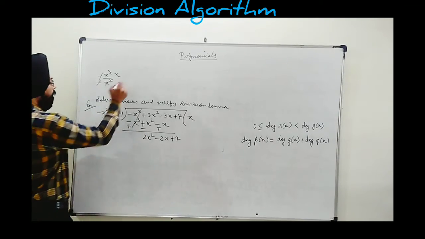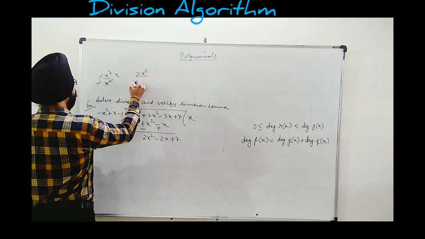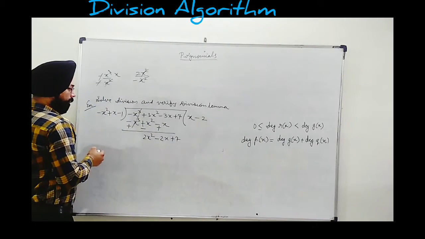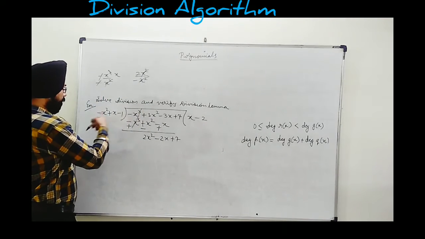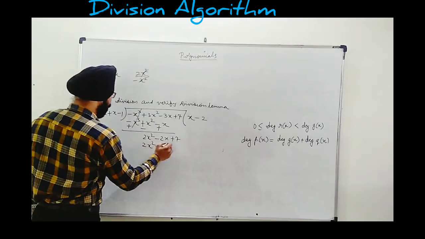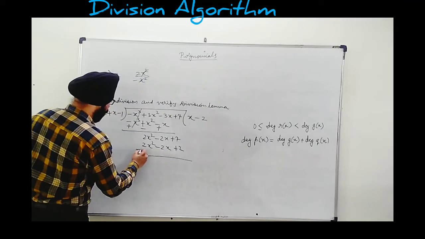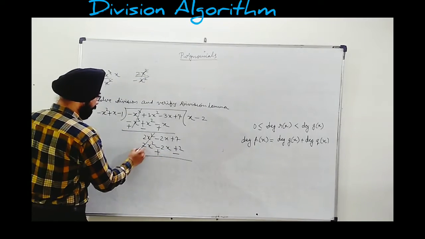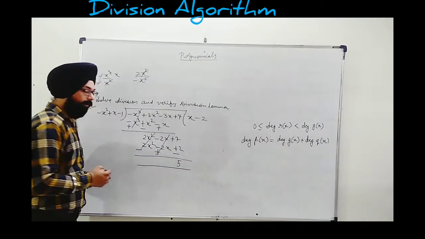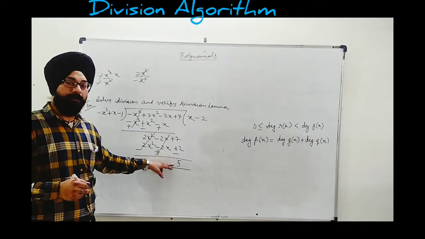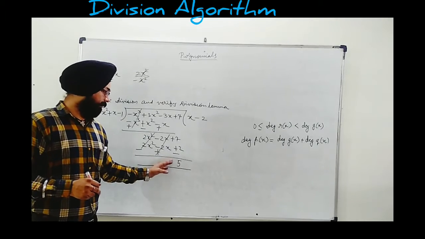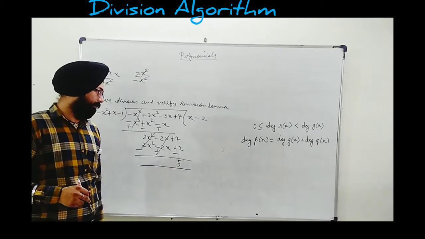Still we will continue. Now divide the first term 2x square by the first term here, minus x square. We get minus 2. Multiply minus 2 into each of these. Multiplied by minus 2 we get 2x square minus 2x and plus 2. Solving, minus plus becomes minus. Cancelled out. These two also cancelled out. 7 minus 2, 5 is the remainder. Now in this example you can see the degree of the remainder is 0 because no x is available, so that's why the degree is 0. We say this is a constant polynomial.